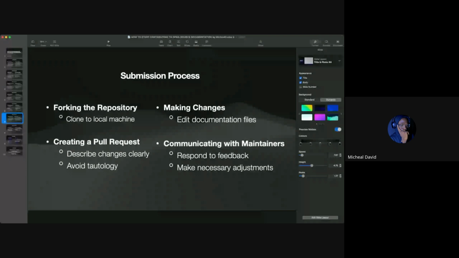So the one thing you want to do is this repository that you're going to, you fork it to your local machine, and then you make your changes, right? Edit the documentation files, then you create a pull request. Now, while creating a pull request, you need to describe the changes that you made clearly, avoid tautology, go straight to the point. So the maintainers will understand where you're coming from, why you